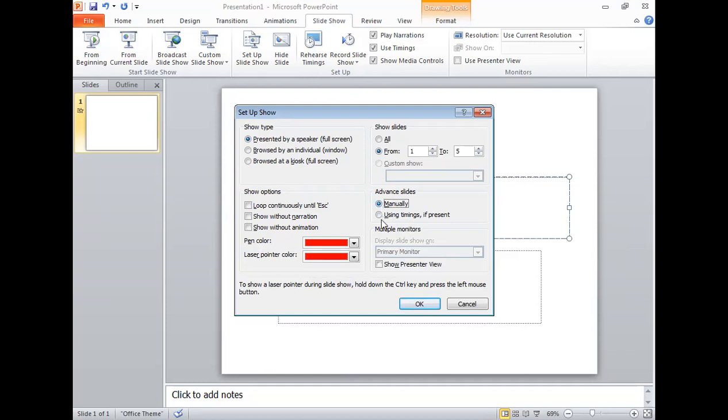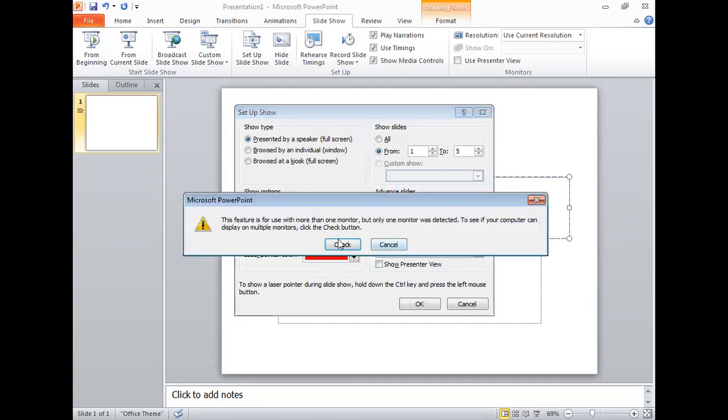So यहाँ पे आपको दोनों options you have gotten, so that you can move your slide manually as well, and you're going to shift your slide according to timer as well. So यहाँ पे जो है आपको ये ऑप्शन मिल जाएंगे. मल्टीपल मॉनिटर्स का क्या ऑप्शन है यहाँ पे, अगर आपने ये देखिए, यूजली अगर आप मल्टीपल मॉनिटर्स चूज करते हैं,